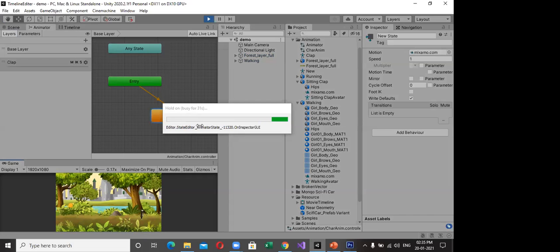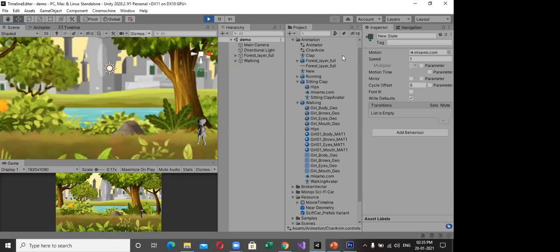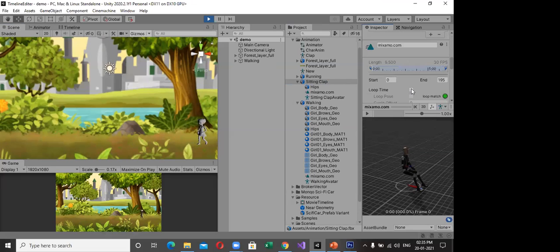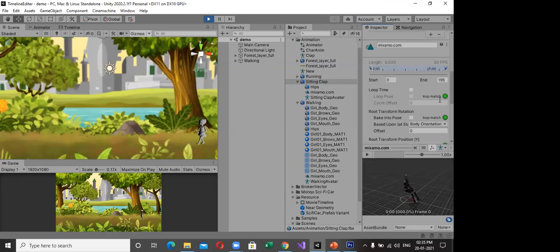Now that clap animation, there is no loop, I guess. So the loop is missing. That's the reason it's not played.